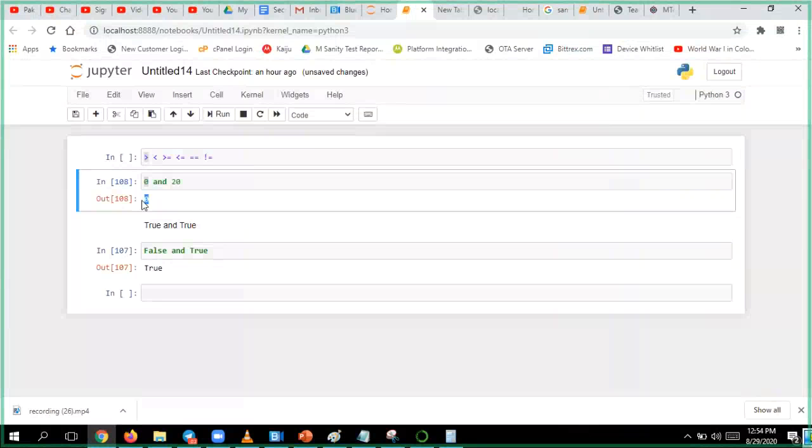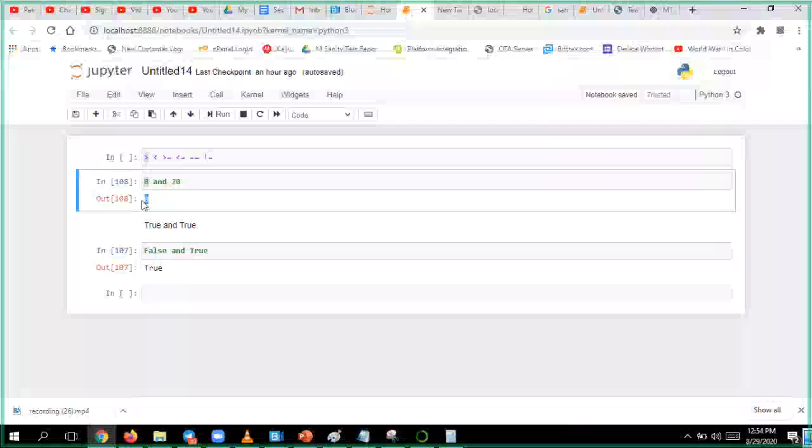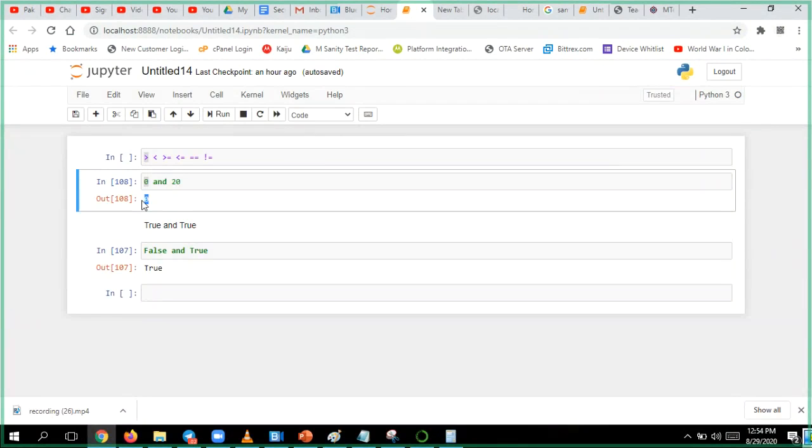When I am evaluating some logical expressions, if I get a fail, wherever I get the fail, that value I will be showing. Example.